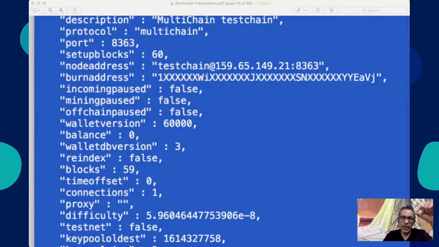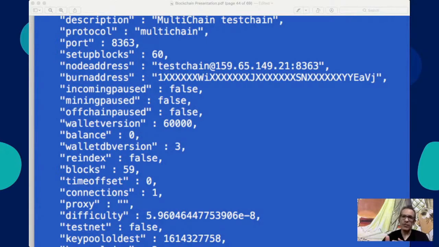So by default, every blockchain will have one burn address. The meaning is this is an address which has no known private key. That means nobody in the world can access data or assets sent to that address. Nobody, even the creator of the blockchain, cannot. That is the reason it is given the name burn address, shown to you here. Yes, it is in a JSON format. In fact, JSON is supported by multi-chain.